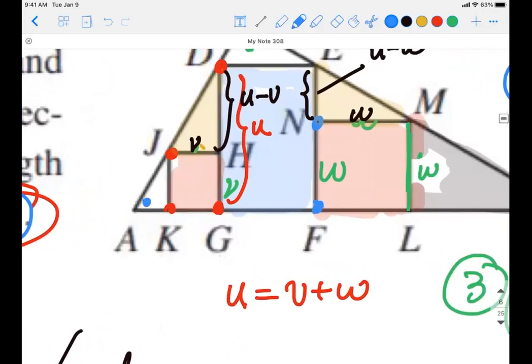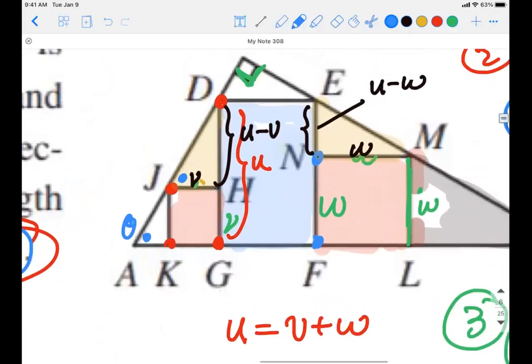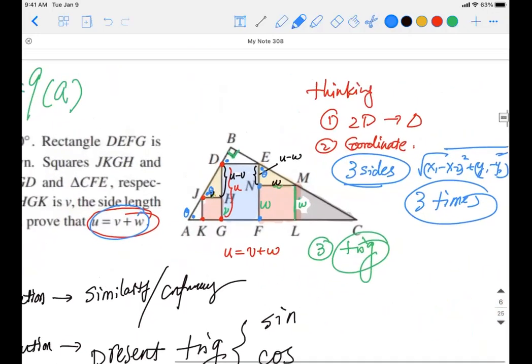If this angle is theta, this angle is also theta, right? If this one is theta, this one will be theta. This is quite understandable. It's not rocket science. Theta, theta. You already see two triangles there. You already have all the sizes, and you see the two angles are the same using our approach.